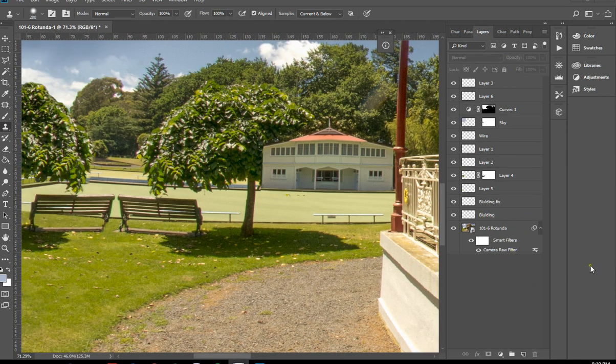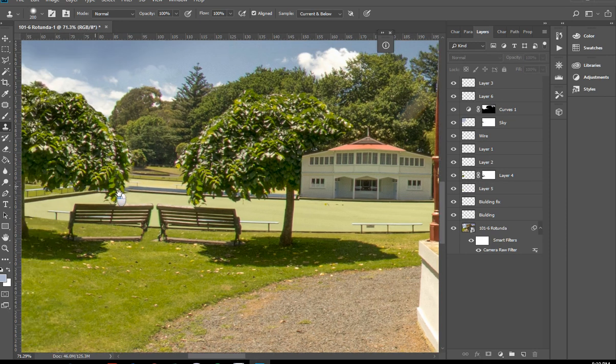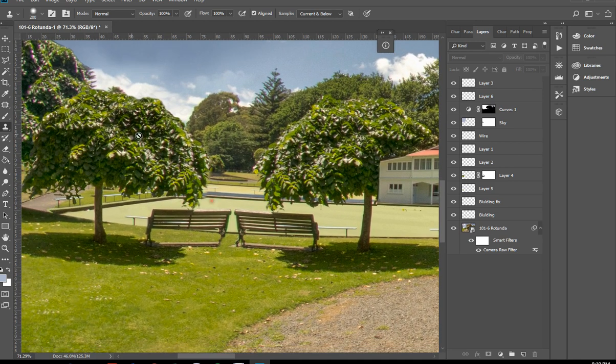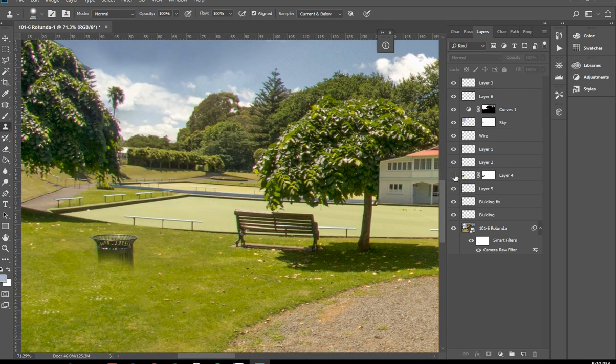Alright, so let's have a go at getting rid of this tree. So we're going to need some background to play with, and the first thing that I'm looking at is, well, there's probably some background hiding behind that tree. So if we turn that layer off, yeah, we've got that rubbish bin there, but that's alright, we've already dealt with that. Then we can potentially use some of this background to